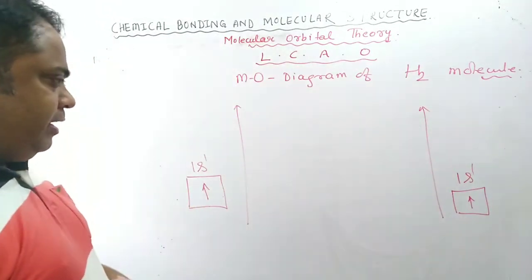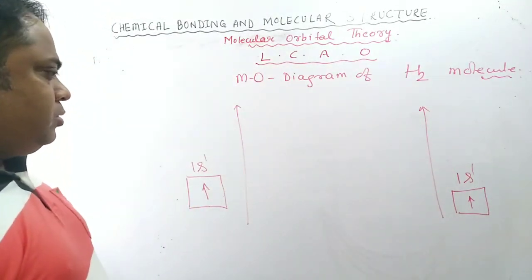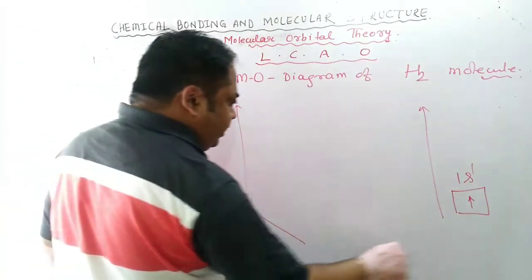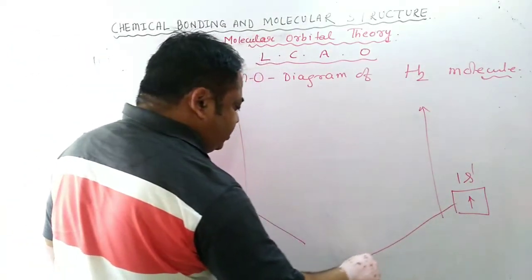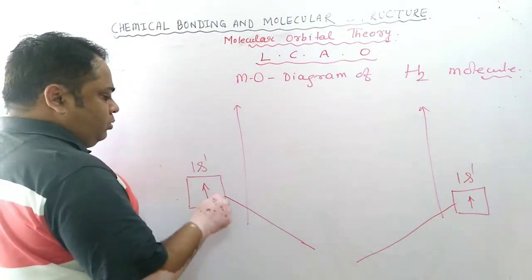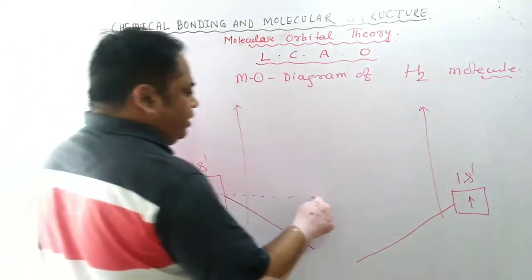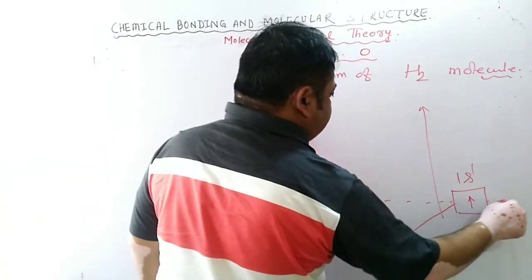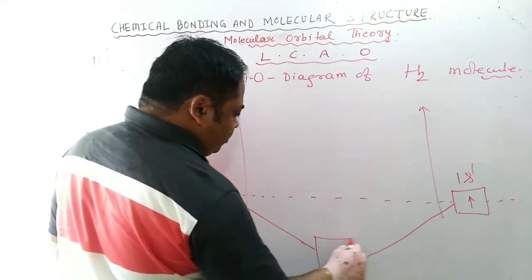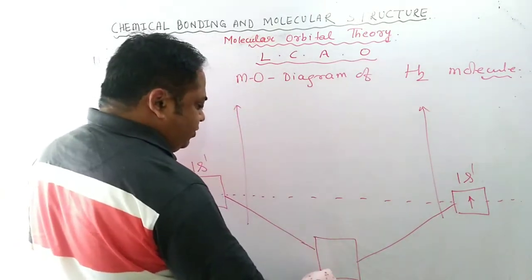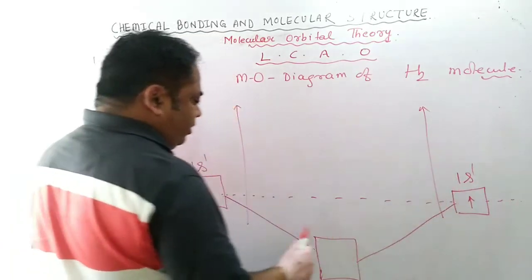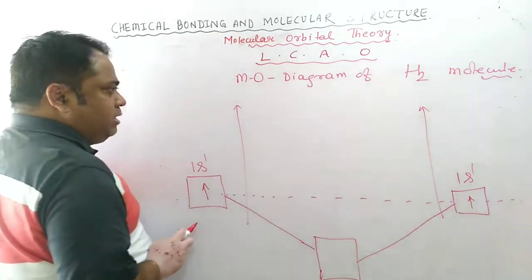So it will have a maxima, it will have a minima. Okay, so when bonding takes place, at that time it undergoes stabilization. Bond formation is a stabilization process, so its energy will be lower than that of the average energy level. This is the average energy level, mean point, and here is the stabilization region, lower energy than the atomic orbital. So this will undergo sigma bond formation.